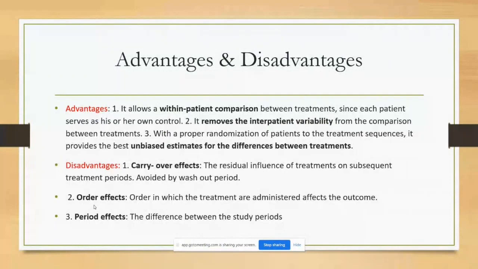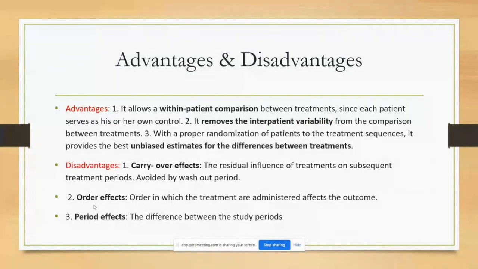So it requires... it acts as a disadvantage that order effects, the order in which the treatments are administered, affect the outcome. Suppose Twinterus is better and I am giving Tribhuvan first, then it is an order effect. This is the disadvantage,